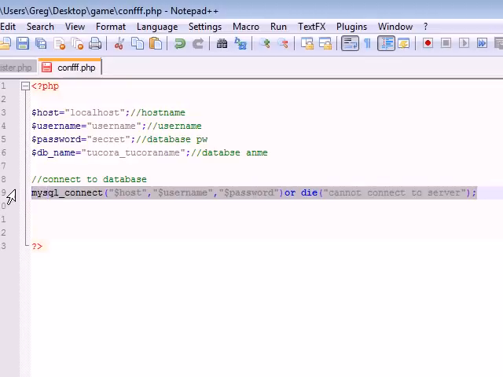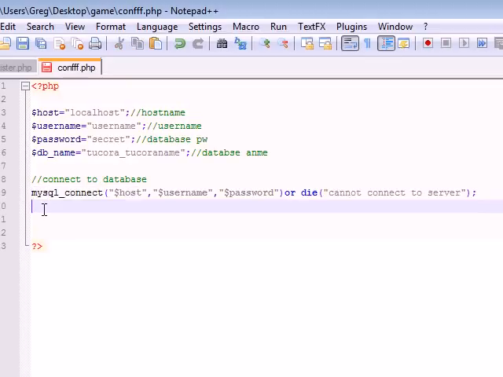Now that we connected to the server, we need to select what database we want to connect to. So the built-in function for this is mysql_select_db. This selects what database we want to connect to. Whenever we're on our server, we might have a bunch of websites with a bunch of different databases, so this says what database we want to use. And for this, the parameter it takes is the database name. So let's go ahead and put db name,